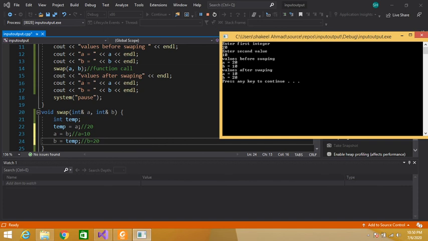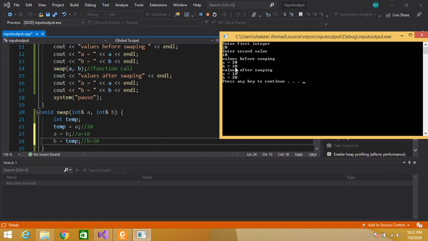Because both the actual parameter and formal parameter share the same memory. Because we have changed these values here, these changes are also reflected in the main function. So now a becomes 10 and b becomes 20.